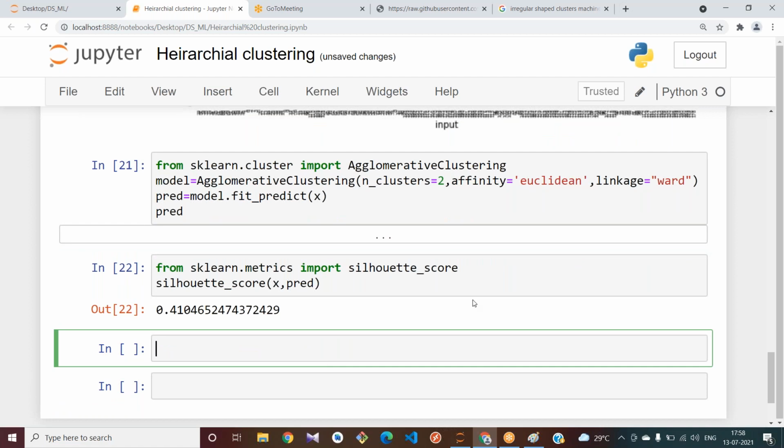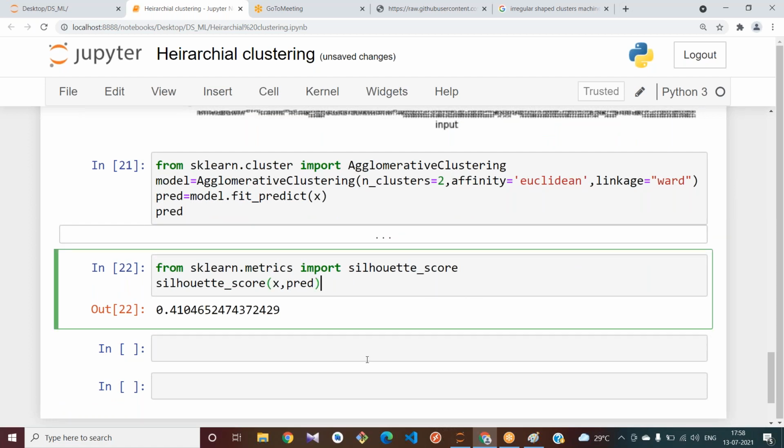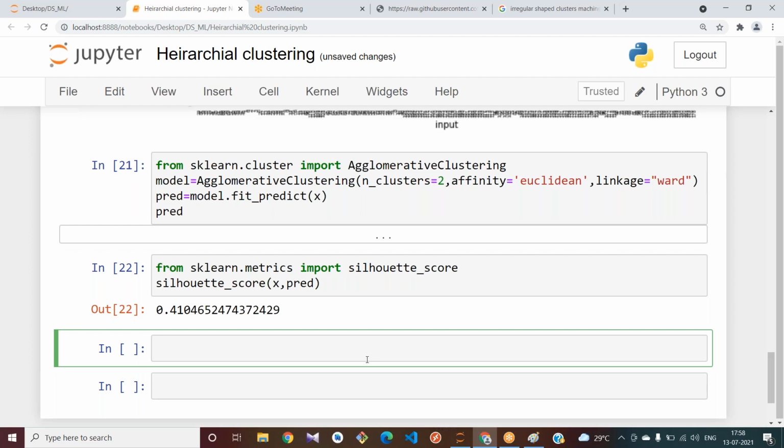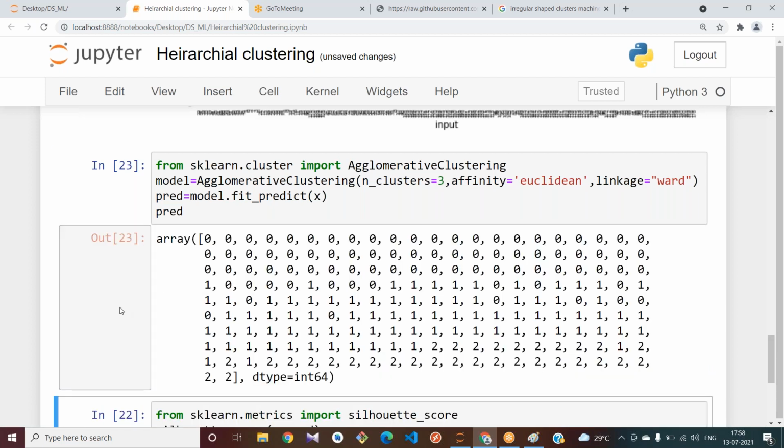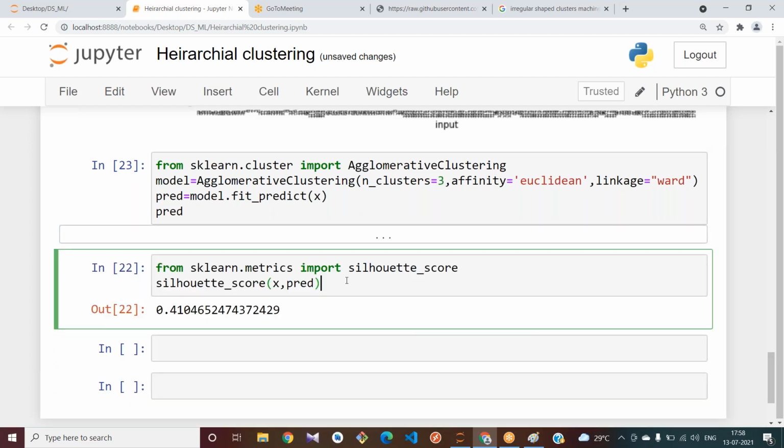Now what you try to do is apply this to the data set by calculating the optimal number of clusters to be used. Think that you have used number of clusters 3. Let me use number of clusters equal to 3.